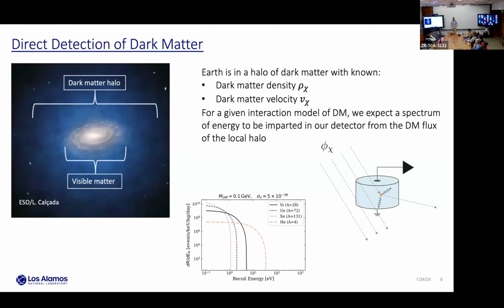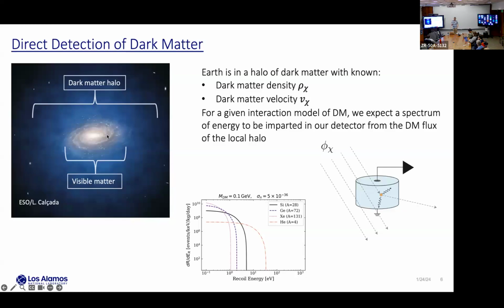So in very basic terms, how do we go about looking for dark matter? You can't really create it in a laboratory, but luckily we live in a laboratory full of dark matter. So we're embedded in this halo in the Milky Way. I guess all galaxies are embedded in a dark matter halo, kind of shown in this blue. Obviously, this is not a real picture. And then all the light here would be the visible matter, so everything that makes up the standard model ordinary matter. And Earth is kind of somewhere in there.